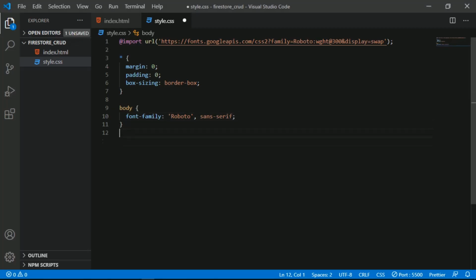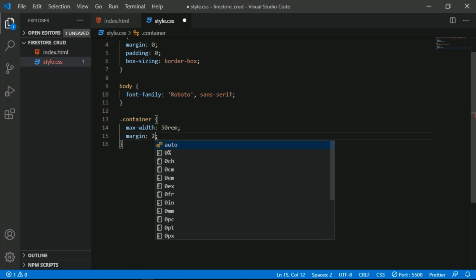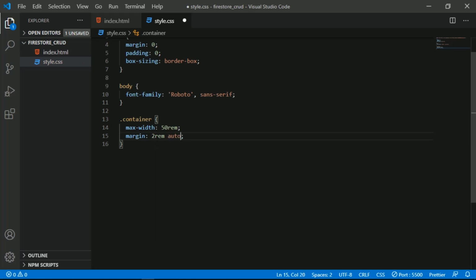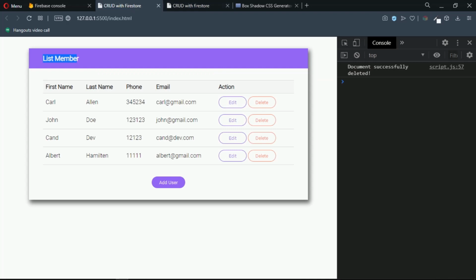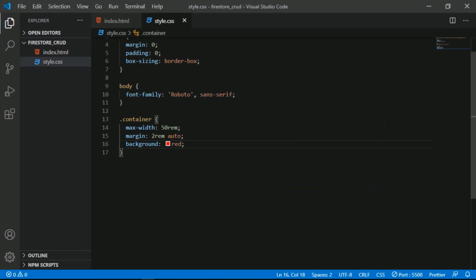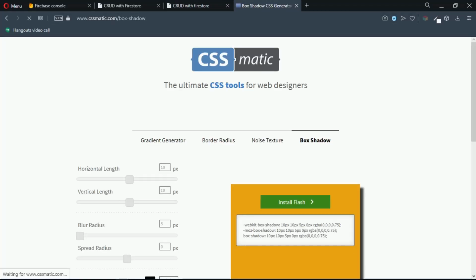Cool. So let's grab the container class, container, yes, and we need to say maximal width into just say 50 rem, and I want to say margin top and bottom 2 rem and left and right auto to make that center. So let's see right here, and let's give a background into red so you can see. And by the way, I want to add a box shadow. So let's grab, let's remove the background red, and I like to use